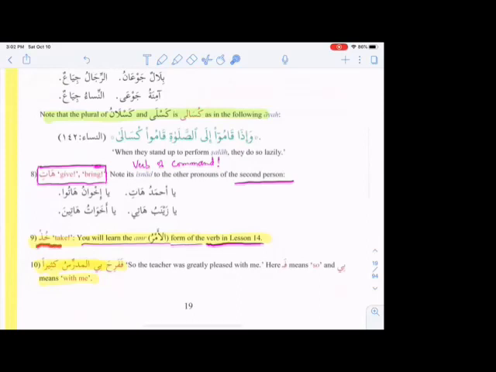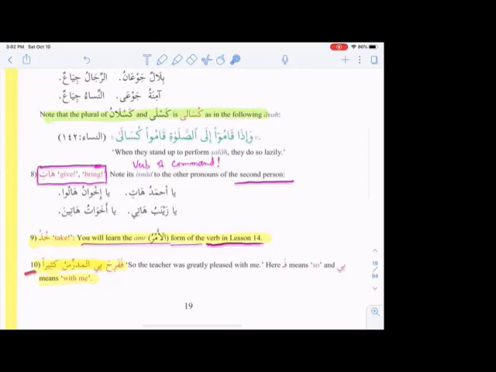Khuz is an amr form of the verb. Now here, Dr. Sahib says, you will learn the amr form of verb in lesson 14. We are in lesson 6, still a long way to go, but I can only tell you these lessons are fascinating. They are beautiful. They are not difficult. You will love it. That is my assurance to you. Assurance, guarantee to you, my brother.